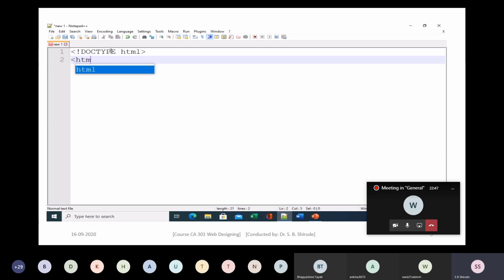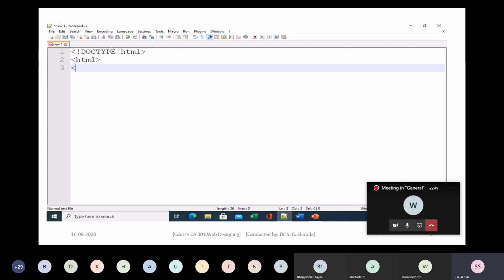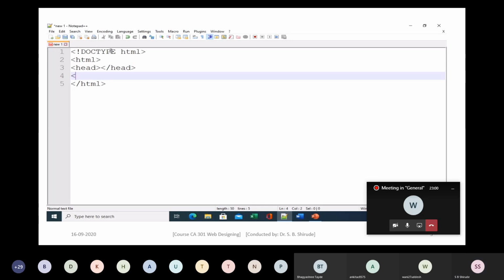So let us see practically how you can implement these three ways. I have opened one notepad instance, and in that I am typing the code. So let us see the code. First of all, we will create the HTML file, and then we will create the CSS file. So here put the head section, and in the head section put the body section.